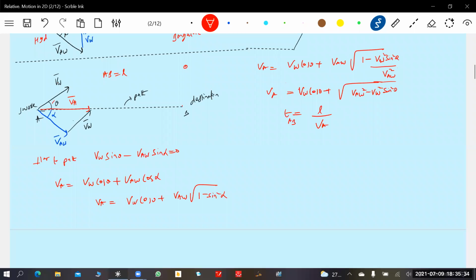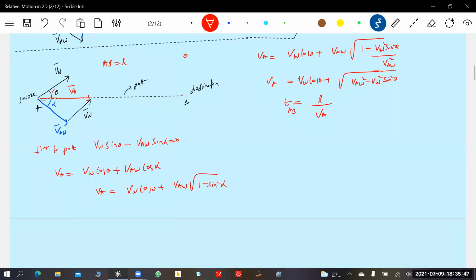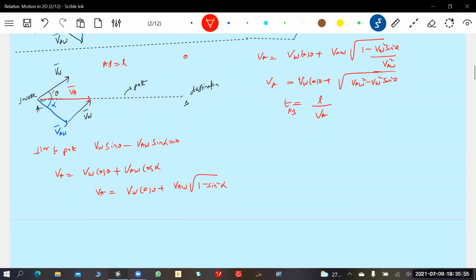And also, sir, when the same pilot moves from B to A, how are you going to do this problem? Let's see. It can happen, no? The wind direction will not change. So what is the only one conclusion? The velocity of flight of the aeroplane with respect to ground should be along the path AB. That is the only thing you have to consider. And the vector relation VAW bar equal to VA bar minus VW bar. The relative velocity concept. These two things have to be applied.